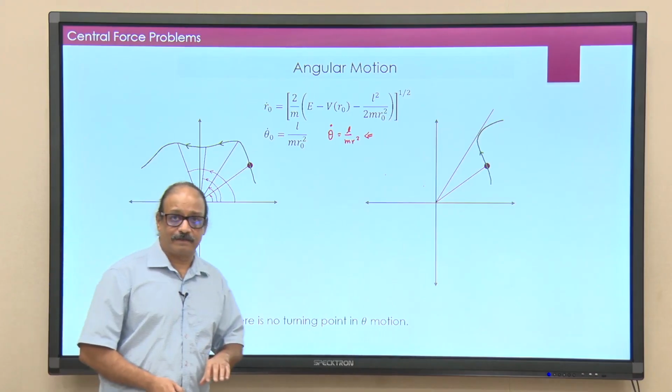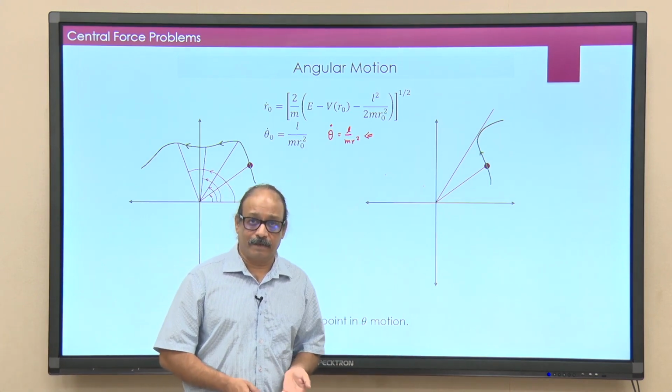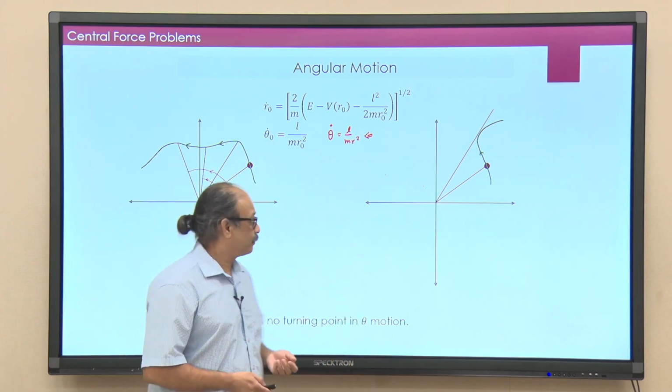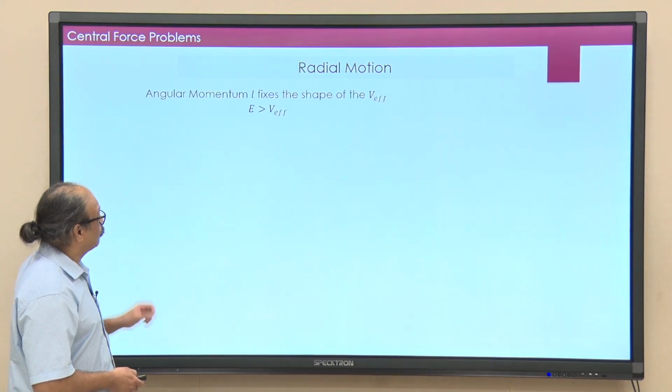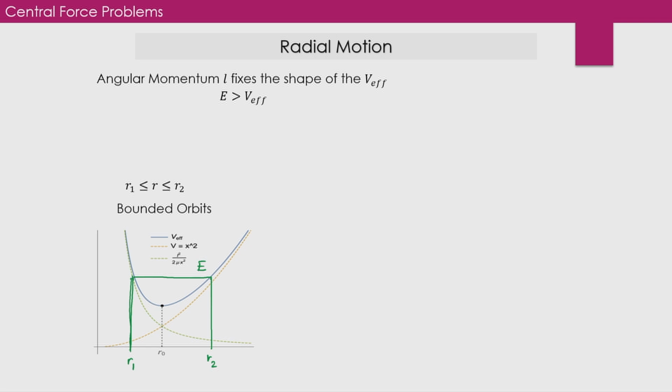The trajectories are such that either theta keeps on increasing or theta keeps on decreasing. It is a monotonic function of time t. Okay. Now, I will go and look at what happens to the radial motion. Now, let me consider one case here. Okay. This is the harmonic oscillator potential.